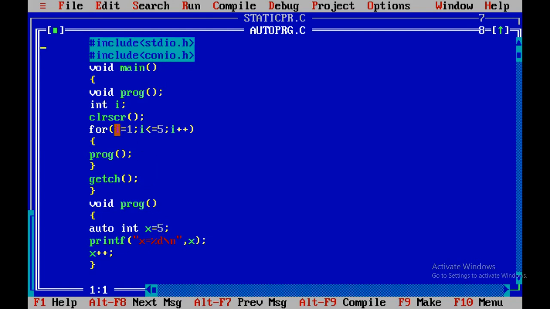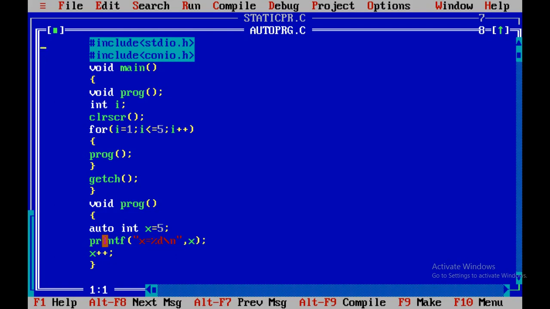First, when i is 1, prog is called, control comes to printf, and the value of x, 5, is printed. Next I am incrementing the value of x, so now x becomes 6. Now when i is 2, the prog function is called again and auto int x equals 5, so the previous 6 is removed from the memory and 5 is stored, because we are declaring it as auto.